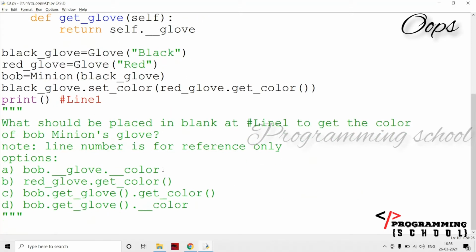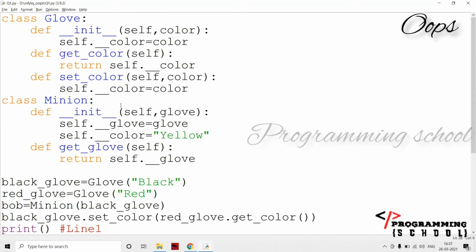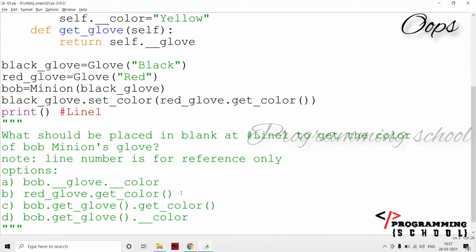That's why option A is wrong here. And going for option D also, here Bob dot get glove underscore color, this is also a private variable, and this is also wrong. Underscore color is a private variable in the Glove class. That's why A and D are wrong here, and the remaining are B and C.